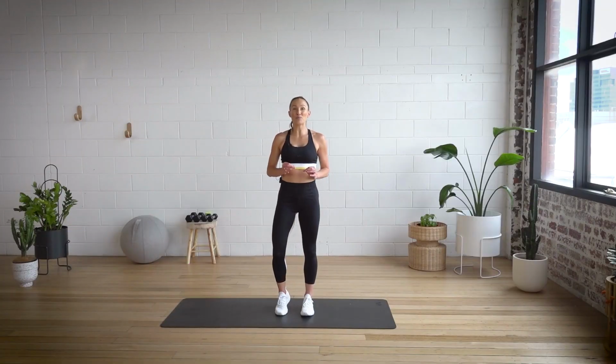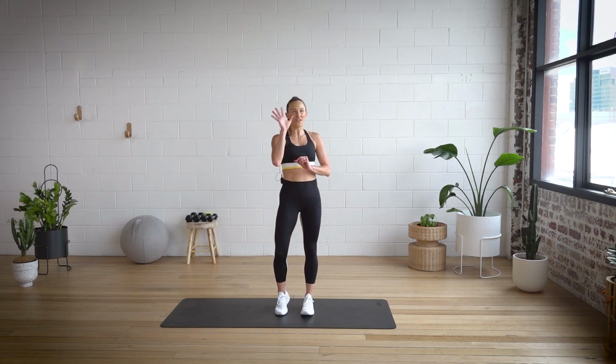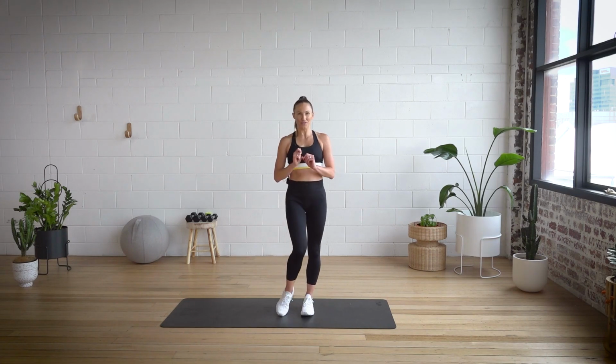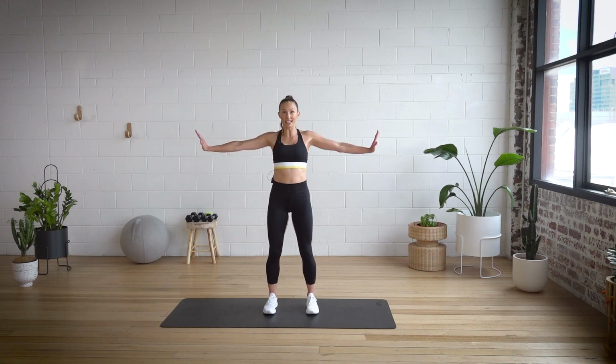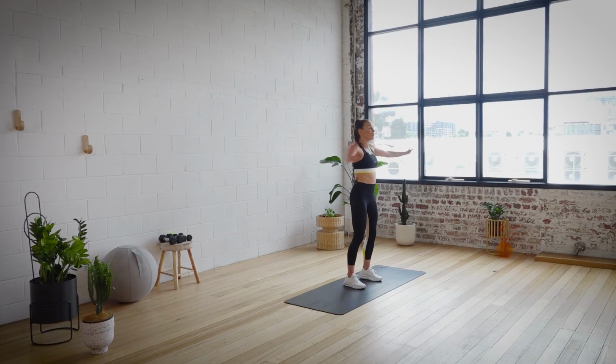Ready for another upper body workout? This is a work it circuit, 5 exercises, 45 seconds on, 15 off. We're gonna start straight away. We're gonna go 8 cross to T and 8 double overhead angels. Ready? Let's do it. So cross, we've got 7 more of these, and 5, 4, 3, 2, now we're going